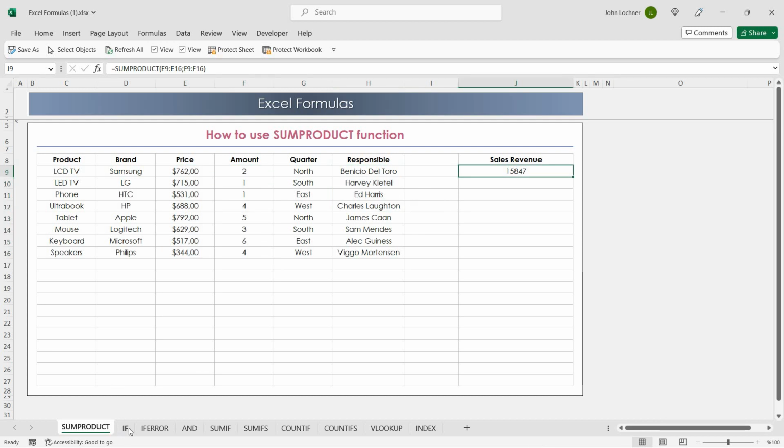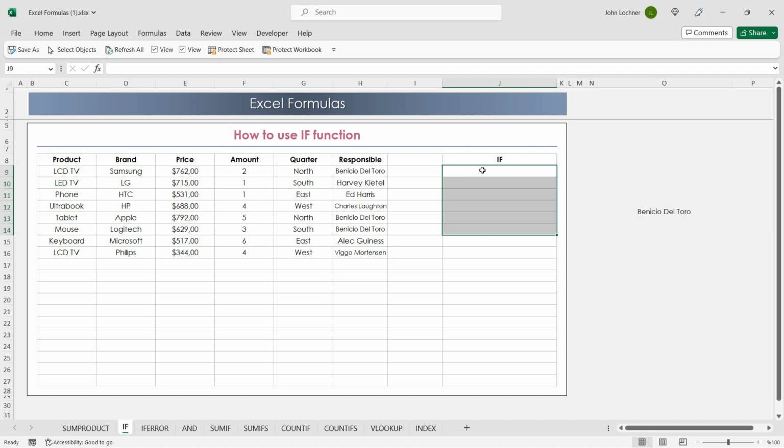Now let's move on with the IF function. The IF function gives us an output depending on a logical test. So in this scenario, let's say, find me the prices of the sales which were only made by Benicio del Toro. So write IF and then press tab. Now you have to write your logical test. So the logical test is the responsible column,